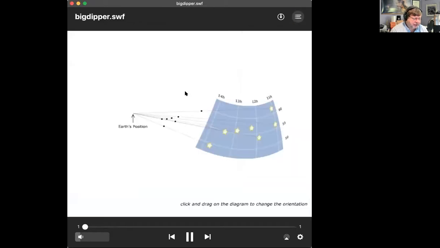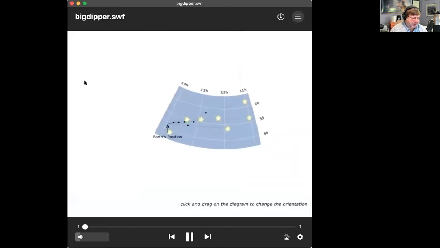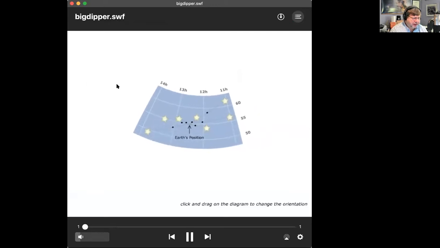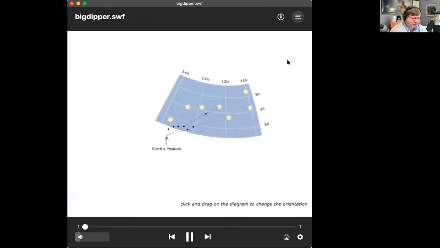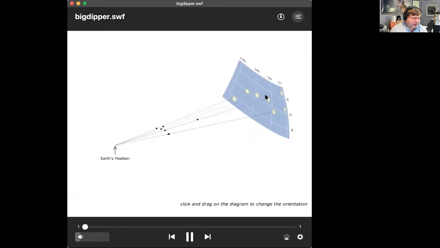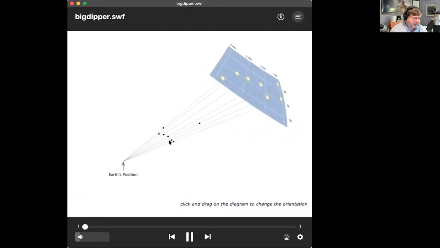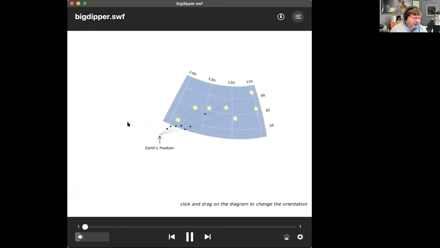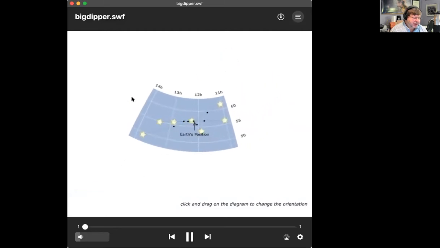I'm sorry, about the Big Dipper. Here is the way the Big Dipper appears on the night sky. Here are the stars, the little black dots are the stars that make up the Milky Way. If we go over to the side, we see those stars are at various distances. They aren't necessarily even related to each other. And so the constellations are made up with how things appear to us, but they don't necessarily represent any real